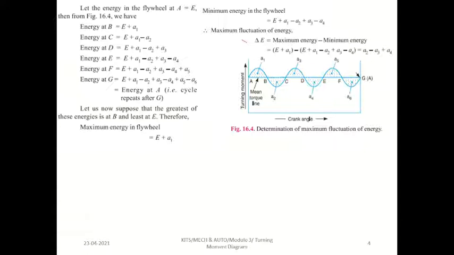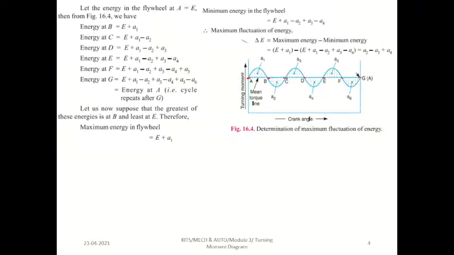Okay, so here they have given the turning moment diagram. Okay, so this A, B, C, D, these things are the crank angle. At this angle, for the particular respective stroke, how much energy is spent. Whether we spend the energy or whether we gain the energy, that's what they are doing here. So we are going to solve this problem. Let me tell you how we can solve this problem.